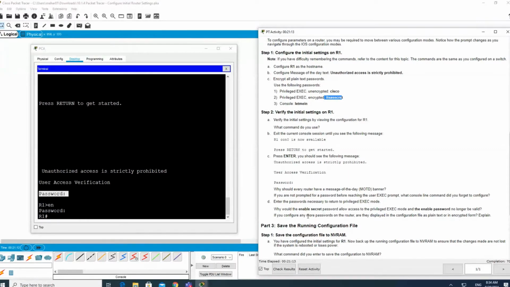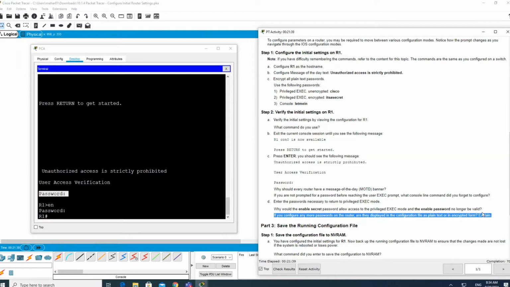If you configure any password on the router, are they displayed in the configuration file as plain text or in encrypted form? Explain.